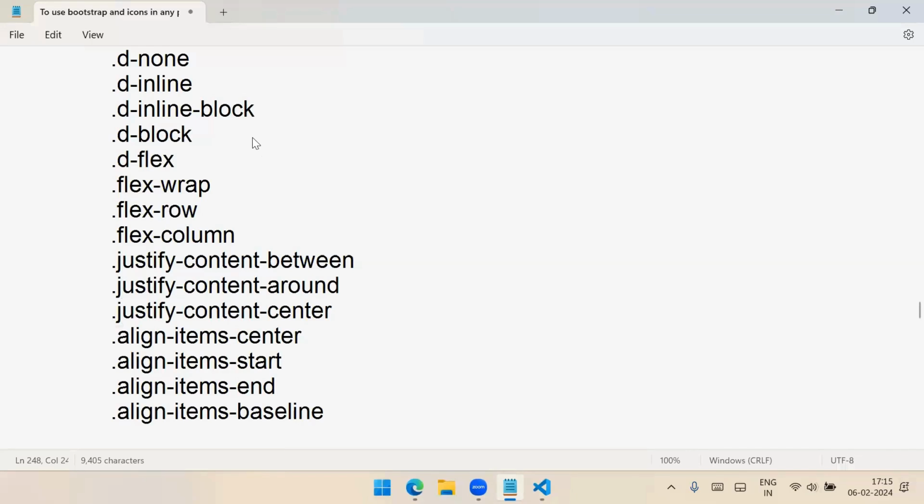If you have learned display settings in CSS already, you know display has flex, display inline, display block. Am I right? All these things you can apply by using these classes. So justify content between, justify content around, align items center, align items start. Actually, all these attributes are present in CSS. Those attributes Bootstrap provides as classes so that you can easily apply the display effects. Let's see here